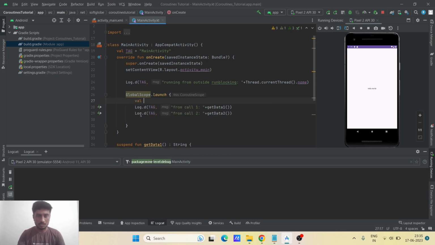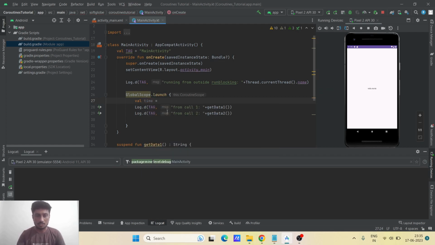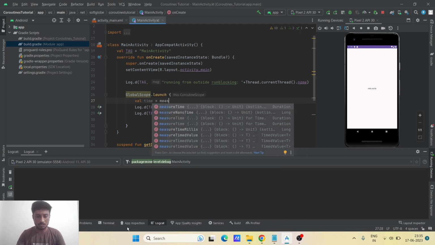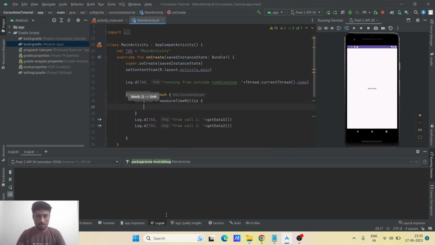Now we'll also measure the time required for these two calls, where time equals measureTimeMillis, and inside this block we'll move both of these simulated network calls,